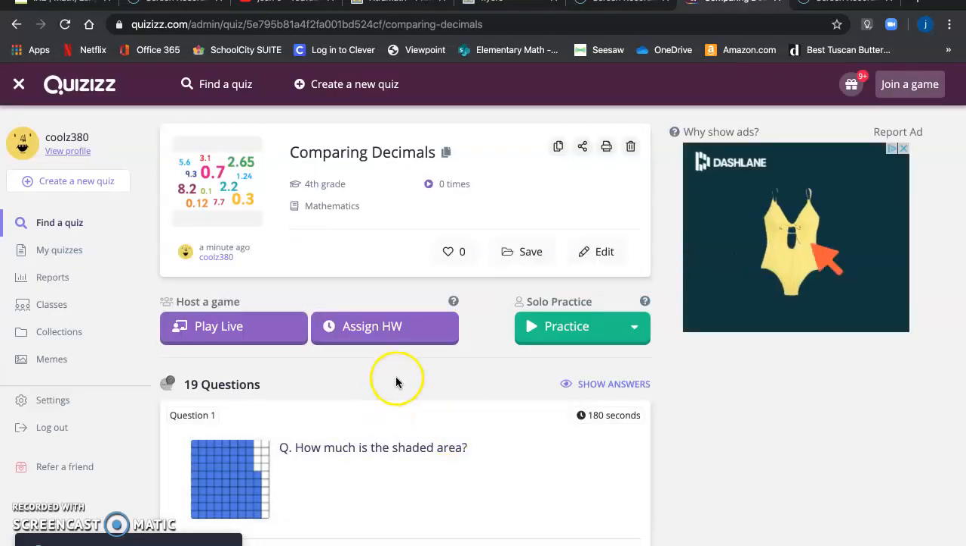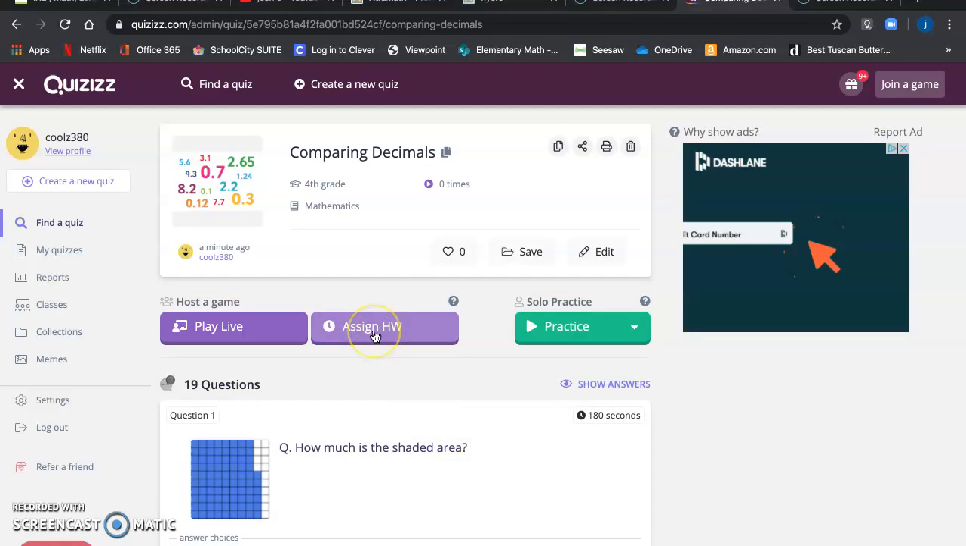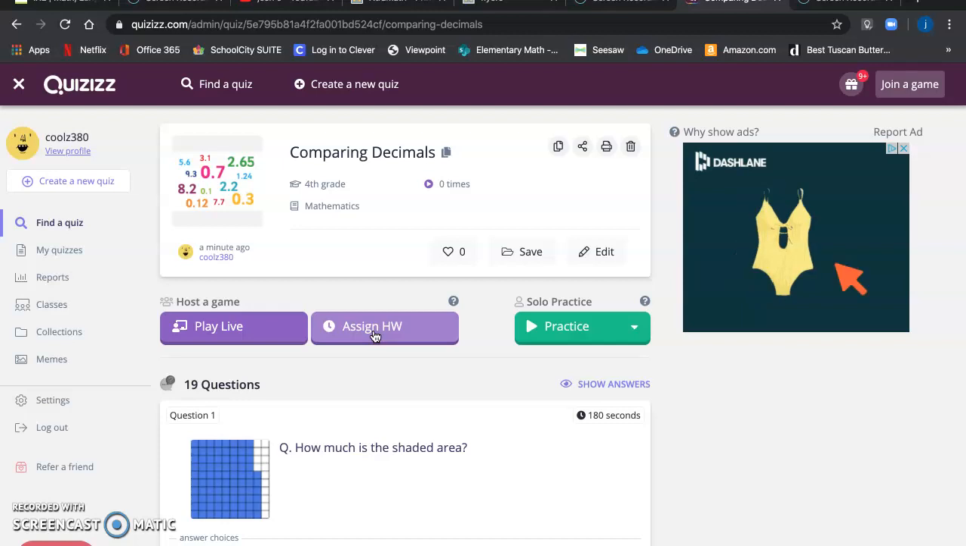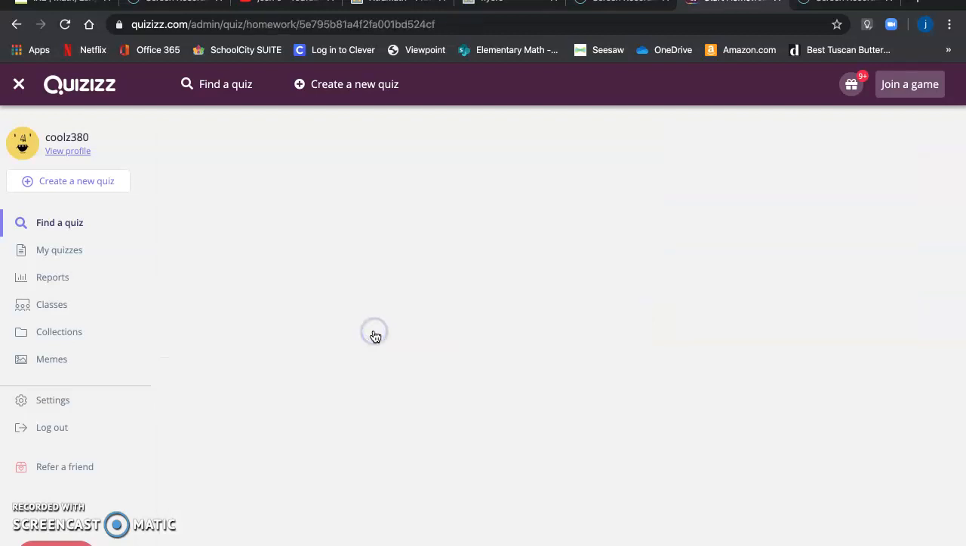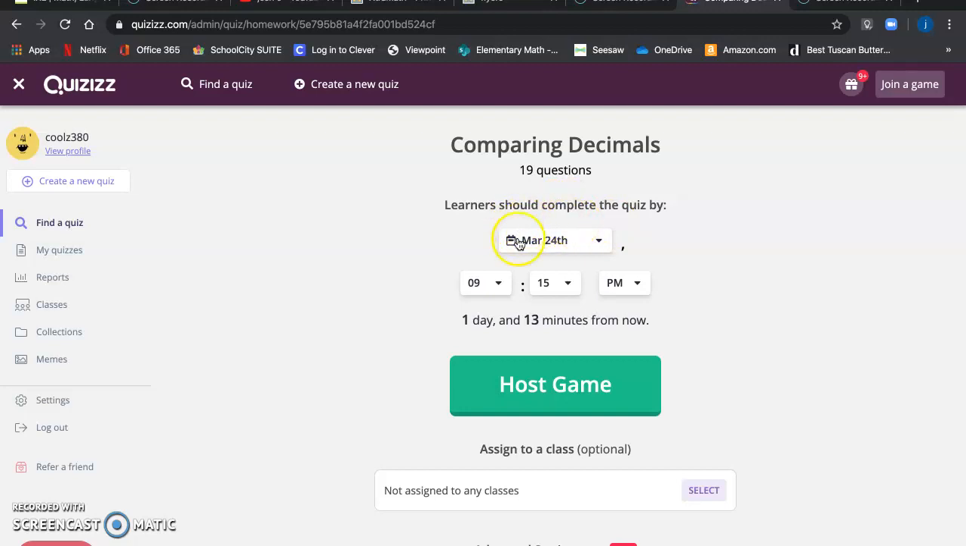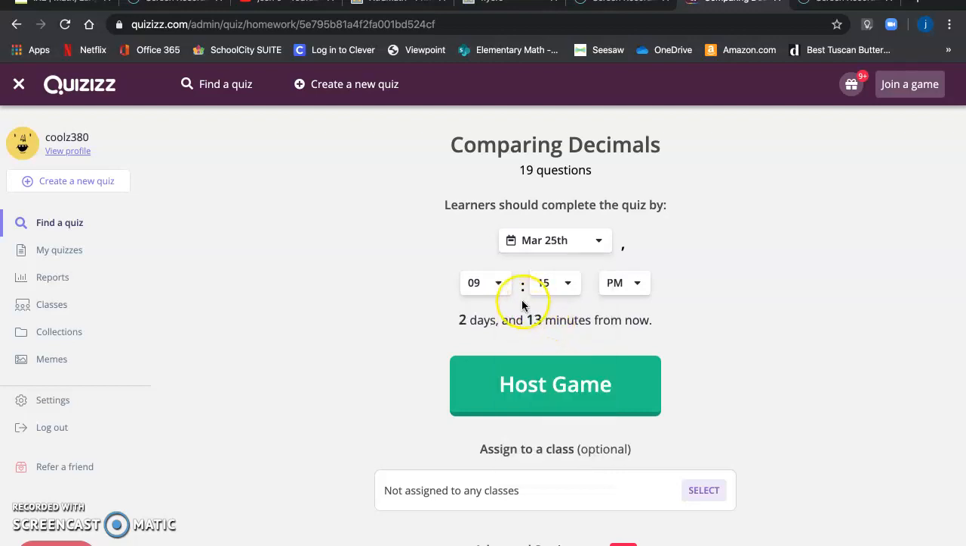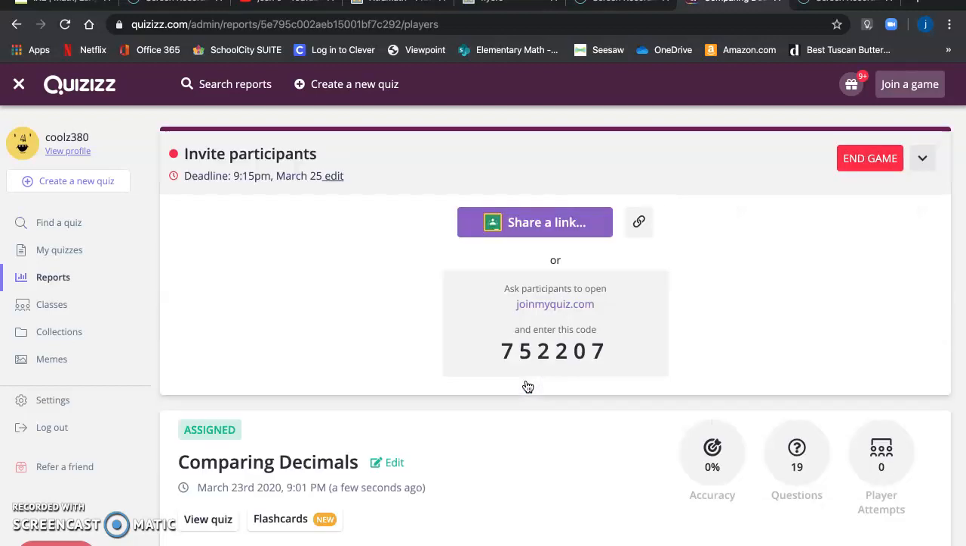And then what I would do is I usually assign this as homework. And that's because it does it outside of hours so that you can do it like this. So you can assign complete the quiz by, and you can set a date. So say you're giving them maybe 3 days to do it or something like that. You really want them to do it on the first day, but you'll give them 3 days by a certain time frame, and maybe you can even tell the students that. And then you can click on host game, and then